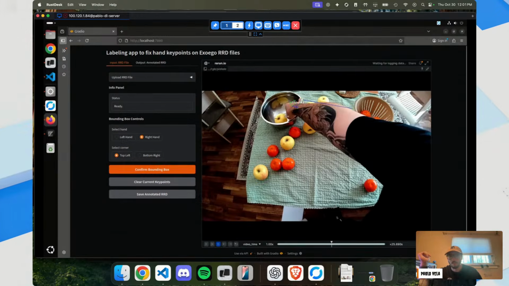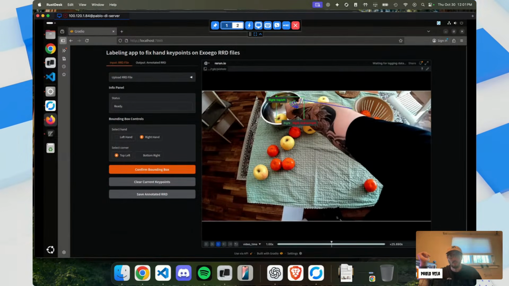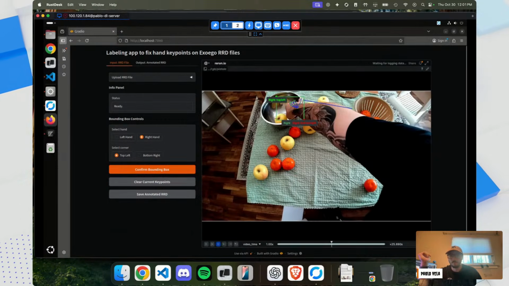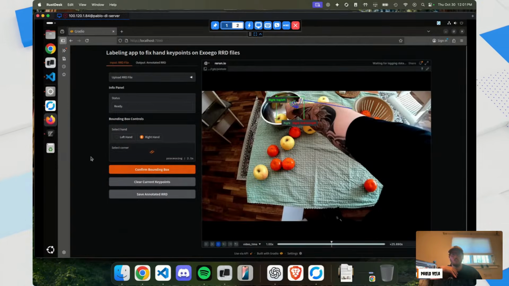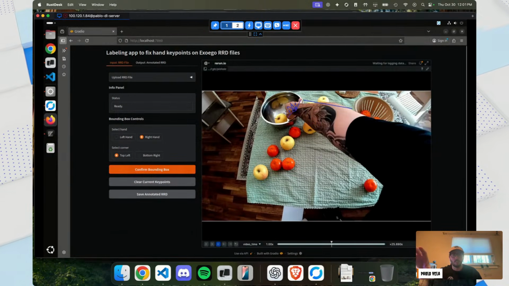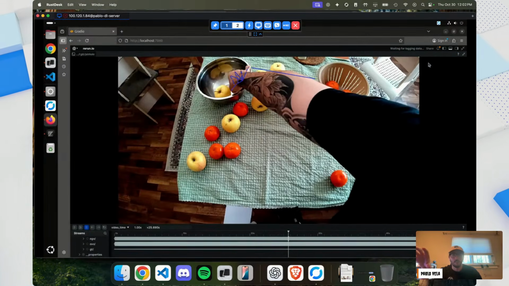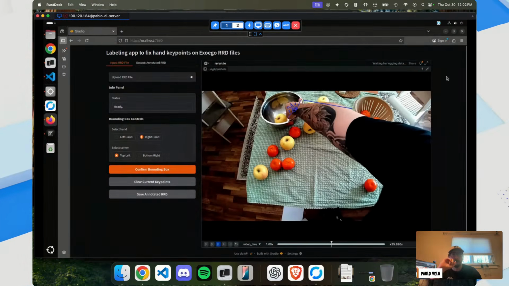I can just basically generate a bounding box myself. And so you can see, okay, here's my bounding box. And if I hit confirm bounding box, this basically calls a neural network to do hand annotation on this very specific thing. And as you can tell, that looks much, much better, right? That annotation is significantly better. And Rerun made that a lot easier to do.